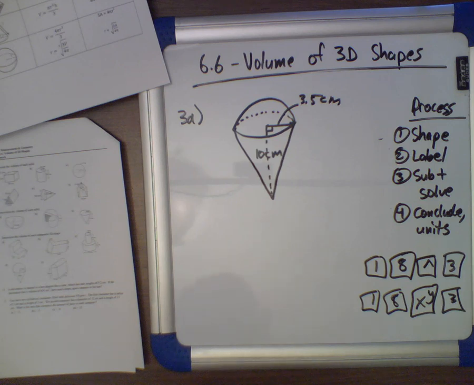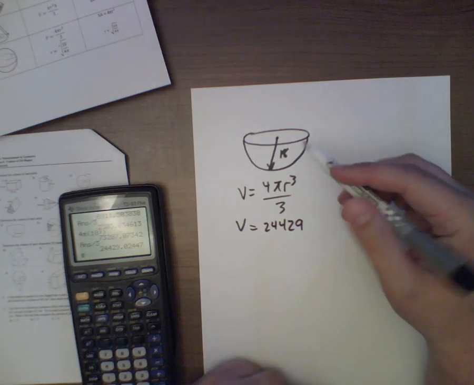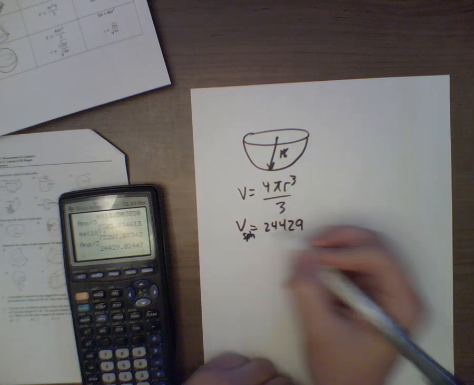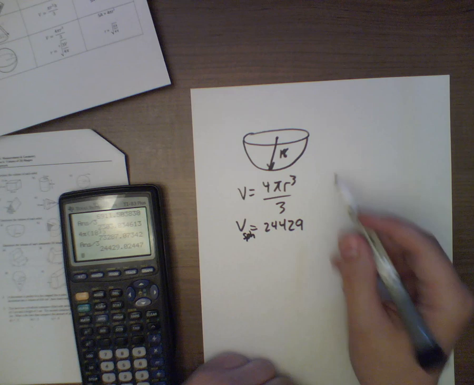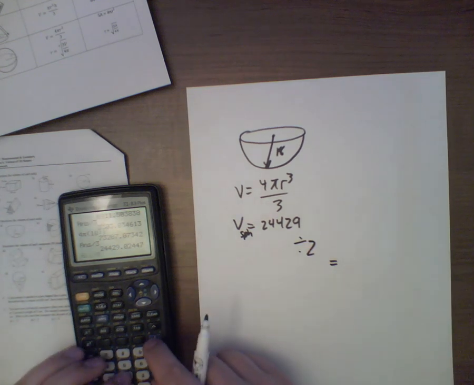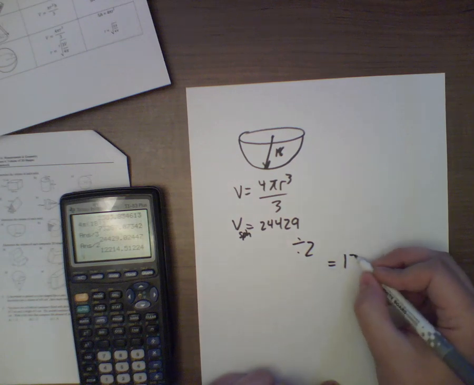Oh, I just realized I made a mistake on the previous question. Let's go back to that for a moment. In the previous question, I made a mistake. We calculated the volume for the whole sphere, but we needed the volume for half of the sphere. I forgot to cut it in half. So for your final step, we're going to divide by 2. So the volume of the half sphere should be